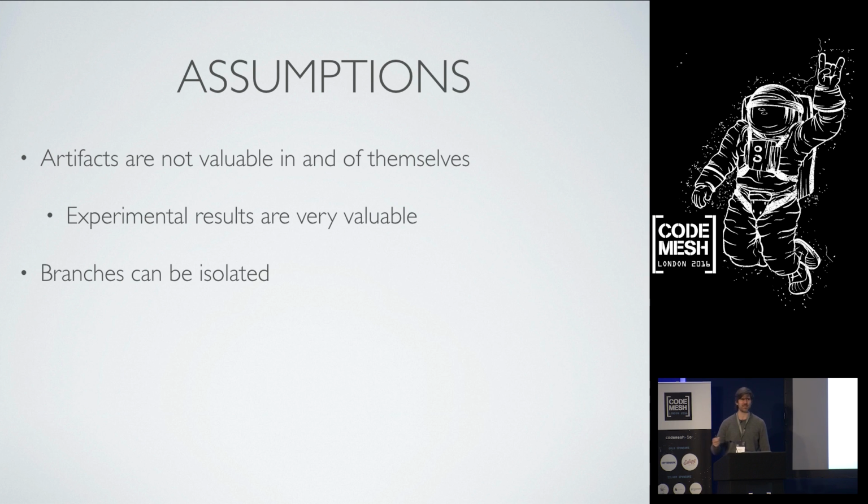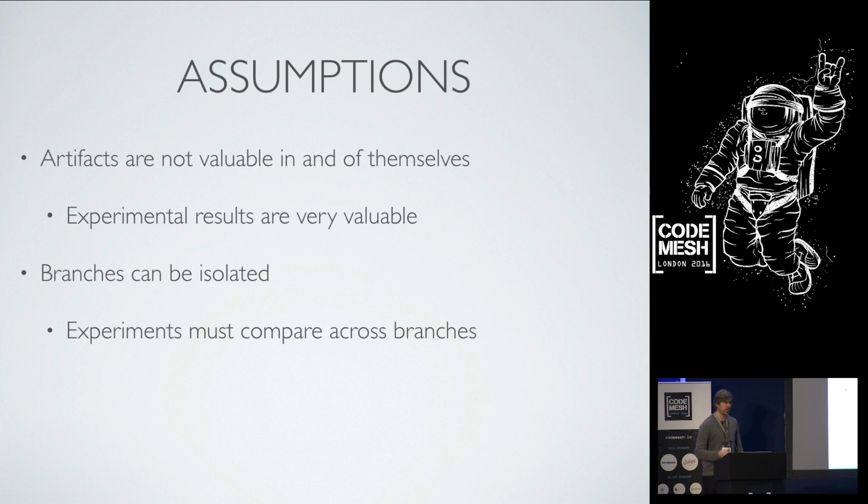Another assumption is that branches can be isolated, right? Ideally, work on features can happen independently, and then ideally merge with as little conflict or overlap as possible. Whereas in an experimental workflow, comparison is one of the essences of what you need to do, right? And this may sound like a simple thing, but it's actually an incredible pain. A somewhat realistic case might be: you're trying to performance test your code, and you're trying to make improvements to make it go faster. So are you going to make a branch for each version of your test, where you try this optimization, try that optimization, possibly branch from there,